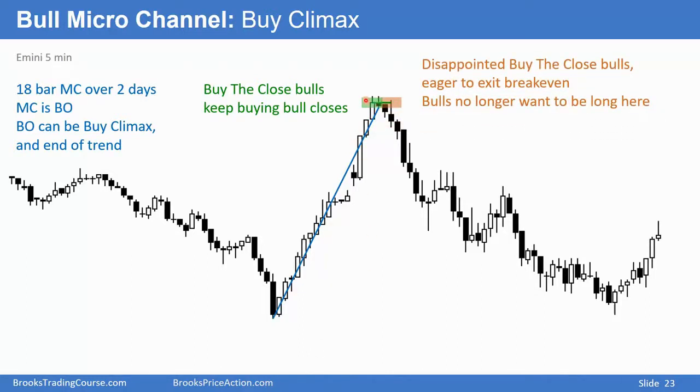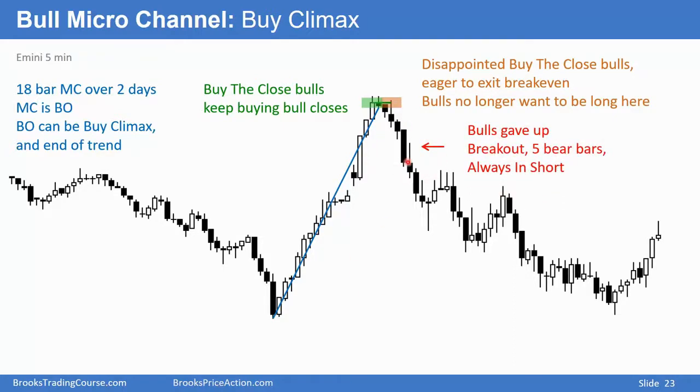The bulls who bought that close would be disappointed to see this bear bar and this bear bar. A lot of bulls will then place a limit order to get out break even at their first entry. They bought here, they'll place a limit order to get out break even here, and look what took place on this bar. It went a little bit above that close, and the bar then sold off. That tells you that a lot of bulls used this little rally to get out break even. They're no longer willing to be long at this price. The bulls are selling, and that resulted in a reversal down.